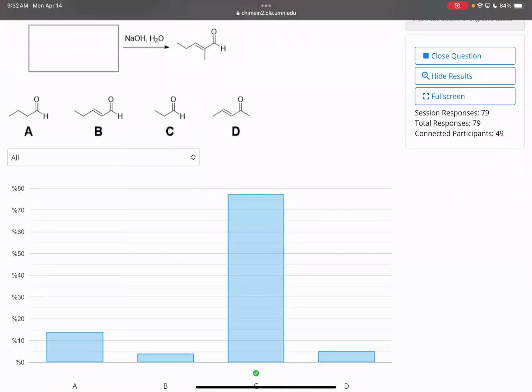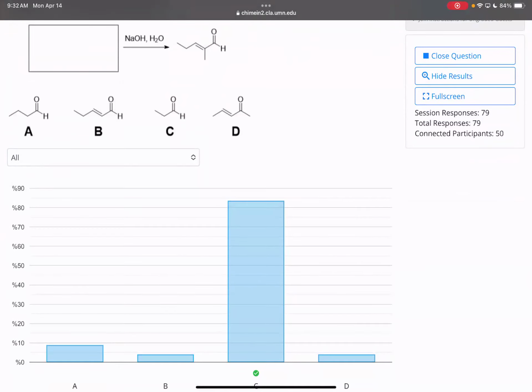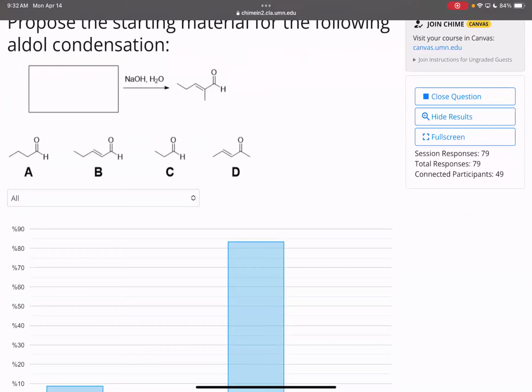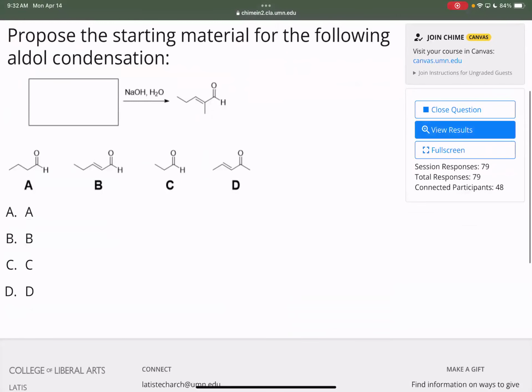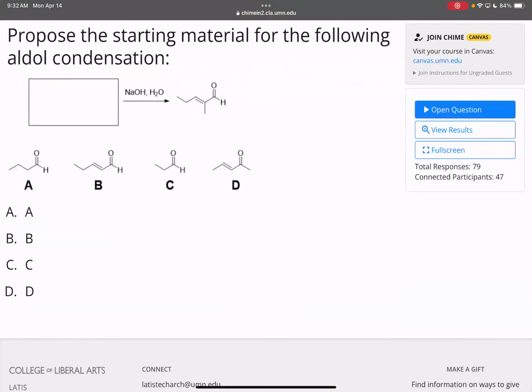Okay, nice. So most people are getting it. The next most common is answer A, which totally makes sense. It's just counting your carbons. Please count your carbons, number your carbons. Very, very helpful. Okay, let's go through this to make sure that everyone knows how to approach this when going